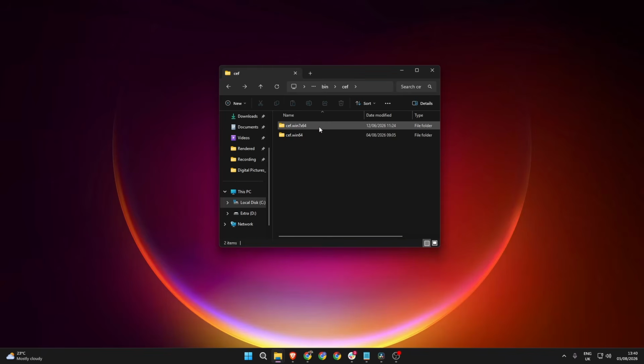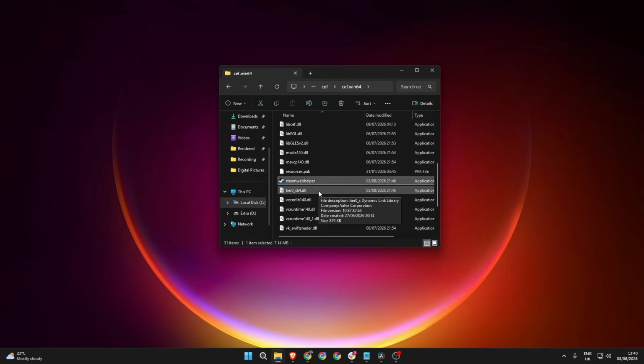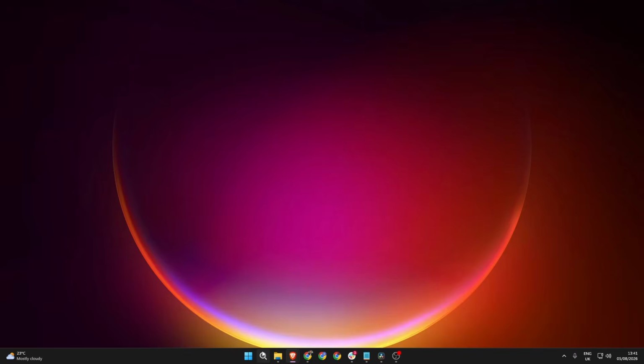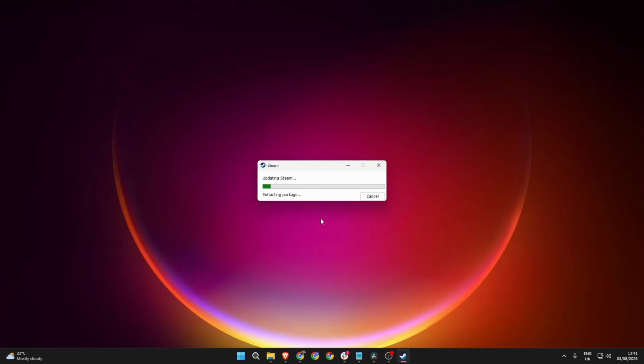If you have a Win7 and a Win64 folder, choose the Win64 folder. But if you only have one, just go into the only one that you have. Then scroll all the way until you find Steam WebHelper, select it, and then click the delete button. After you've done that, open up the search bar again, type in Steam, click on it, and your problem should